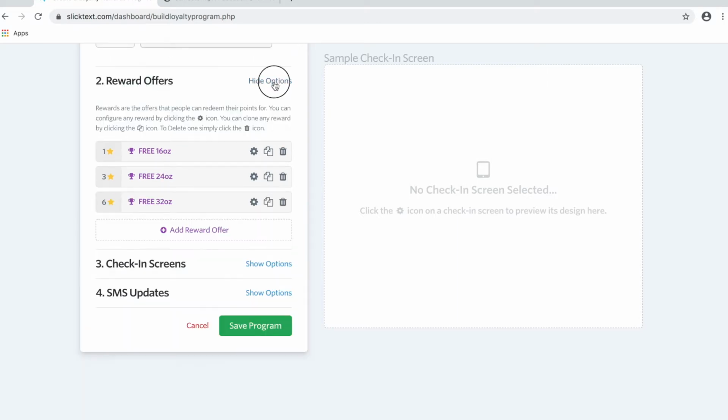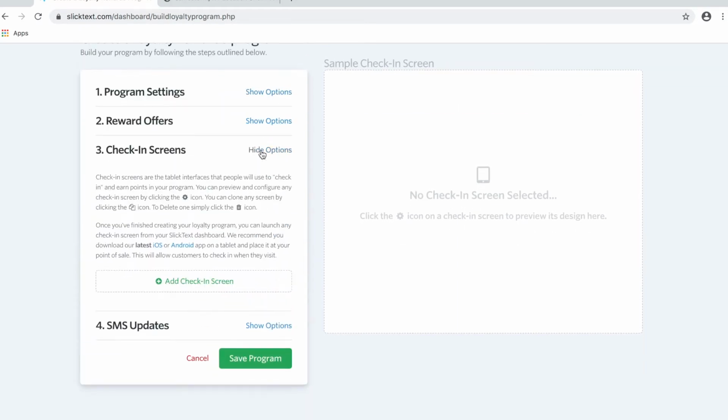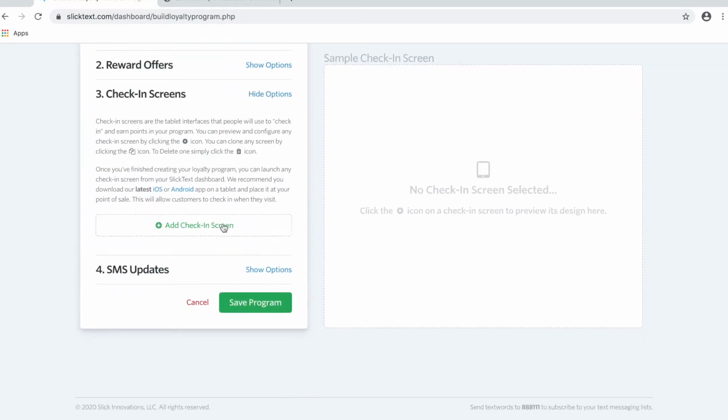So now that I have my rewards created, we're going to go down to the check-in screens. We filled in some parameters. On the check-in screens, we're going to go ahead and create our first check-in screen. Now in this example, I'm going to pretend we have two locations, one in Jamestown, New York, and one in Buffalo, New York. And since we have two locations, we're going to have two separate check-in screens, one at each